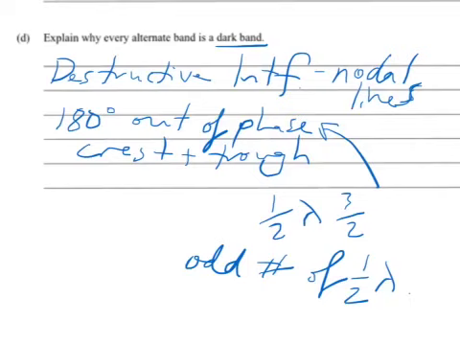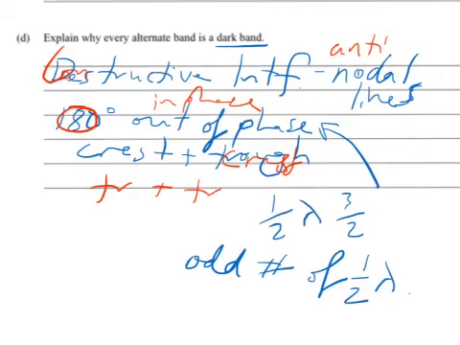Okay, and the other side of this is explaining where the constructive interference comes from, because you can't have dark fringes if the whole thing's dark. So you have to explain where the constructive part comes from, which is exactly the opposite for these here. If we were to rewrite parts of this, they're anti-nodal lines, it's constructive interference, it's 0 degrees out of phase, or we could just write that it's in phase. And it's a crest plus a crest, or a trough plus a trough. And we would talk about a whole number